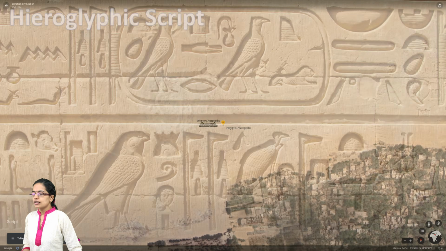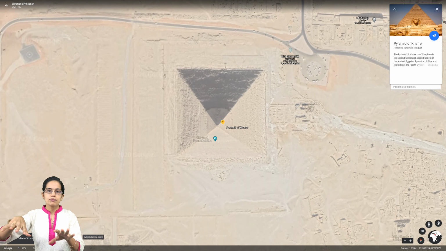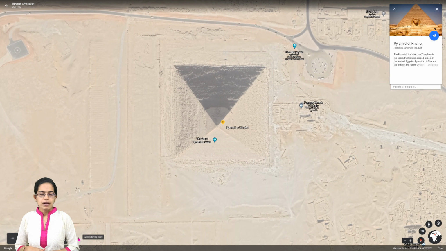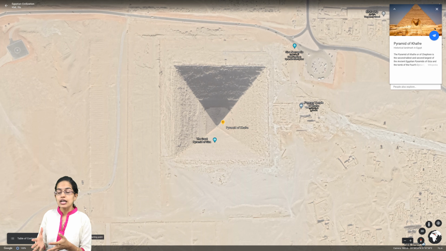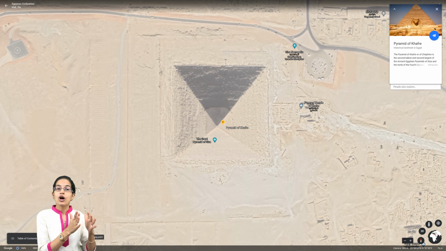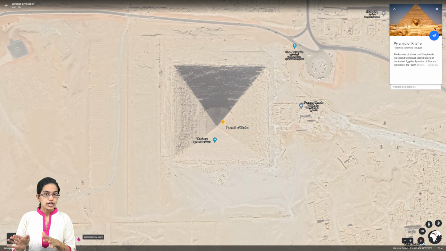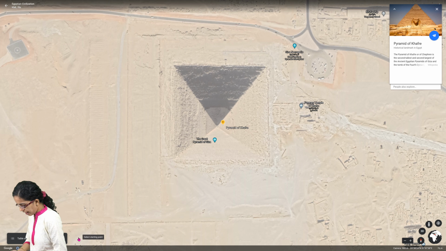Now as we said, the pyramids, to which we would move again. So from the Great Pyramid of Giza to the Pyramid of Khafre, which is another important pyramid here. These pyramids were considered places which were the tombs of the pharaohs or the rulers during that time, and these were the places where the mummies were kept, and they are still preserved. So definitely advancement in science was one of the major things that we need to understand.